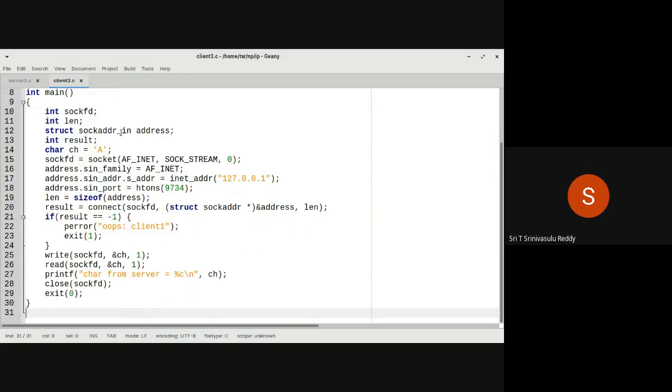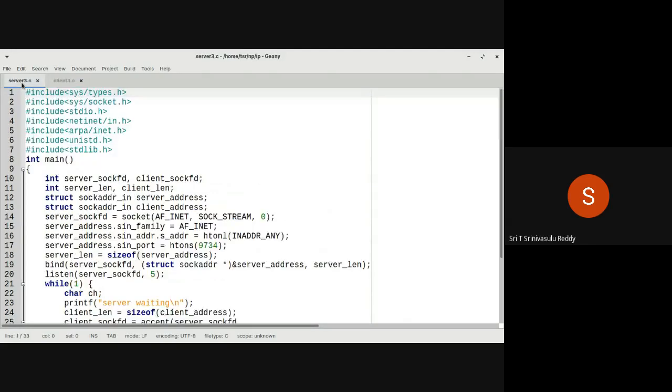So these are the details. Whereas the server details, if you see here, socket of AF_INET, SOCK_STREAM, 0. AF_INET is a family. And then H2NL of INADDR_ANY. This is the address of the server.